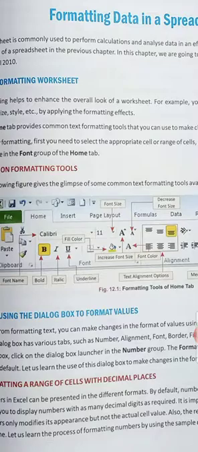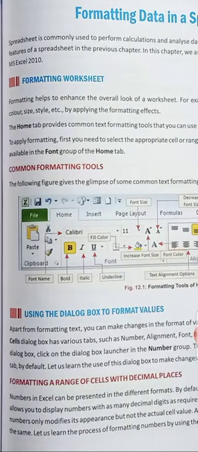Formatting a range of cells with decimal places. Decimal places means after the decimal, how many digits you want to show in your spreadsheet: 2, 3, 4, 1. So we can make some changes, and you can decide how to represent your data in a negative or positive manner.